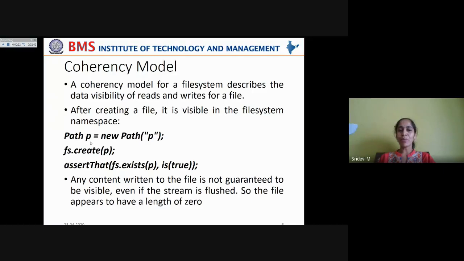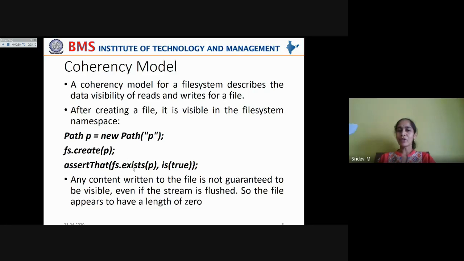When you create a new Path instance and create a file in the file system using the create method, fs.create, use the path in which the file has to be created. Now, if you want to see whether the file exists or not, you can just use the assertThat method. AssertThat will take the existing details and compare them with the expected details.